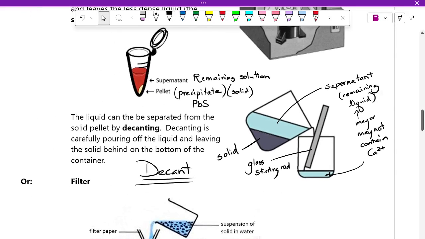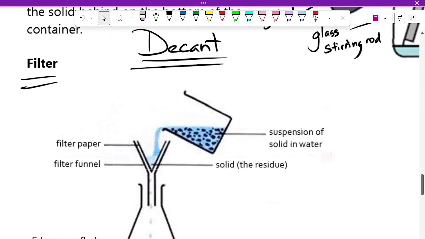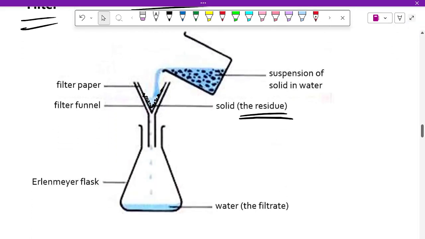Or you can filter it. So we have our suspension of the solid in the water or in the solution, and we have our filter paper, and the solid ends up building up on the filter paper. That solid is called the residue. Again, you don't need to know that word, but there you are. The liquid drips through. This is our remaining solution,